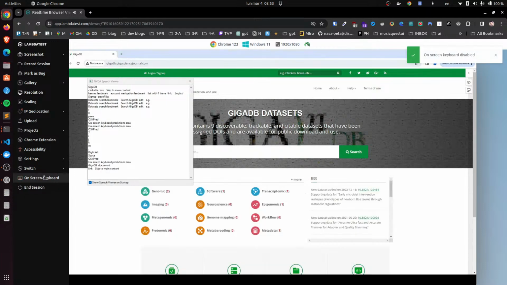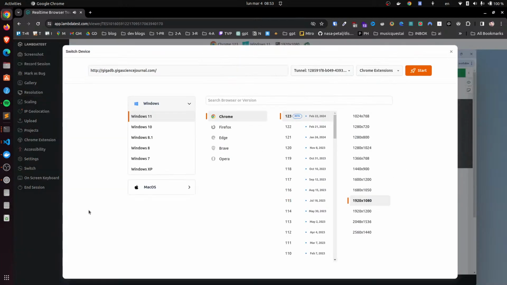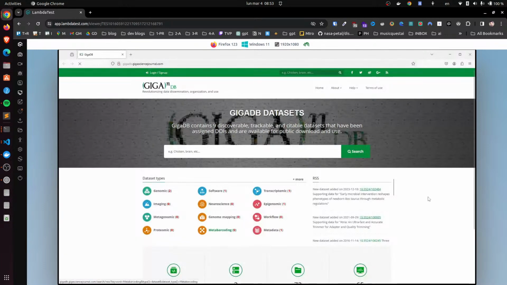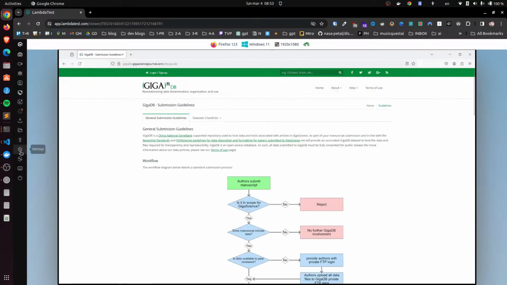Disable this. So can I? Oh, Firefox. This one. Start. And then I'm gonna activate the screen reader.